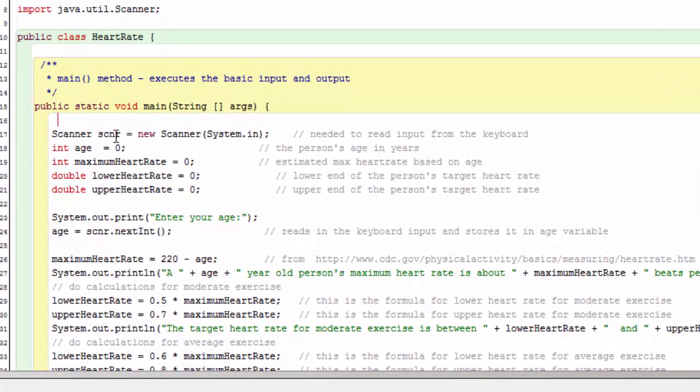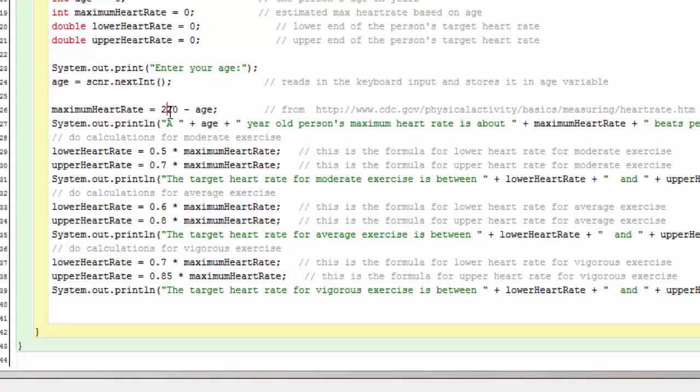So it declares a scanner and a number of variables: an age variable, a maximum heart rate, and the lower and upper target heart rates. So first, we ask the user to enter your age and read that into the age variable. Then we calculate the maximum heart rate, which is just 220 minus the age. And once we have that maximum heart rate, we'll print that out,